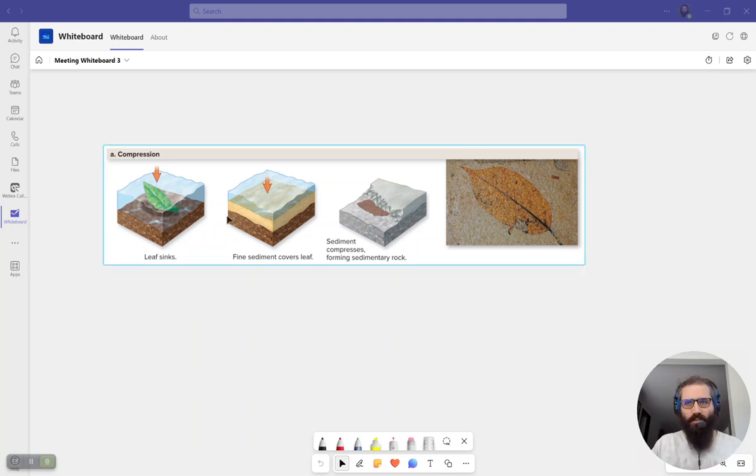When we talk about compression here, the process is that some organic matter falls at the bottom of a body of water, river, lake, usually a lake because you have to have still water. Then fine sediment covers it. That's a natural phenomenon that we call atterrissement, or earthism, which just means every body of still water like a lake, an ocean, a sea, fills up progressively with sediment coming from the inlets, so rivers and streams going into that body of water. And it happens everywhere all at once. So every lake that you know, every sea, every ocean will be filled at some point.